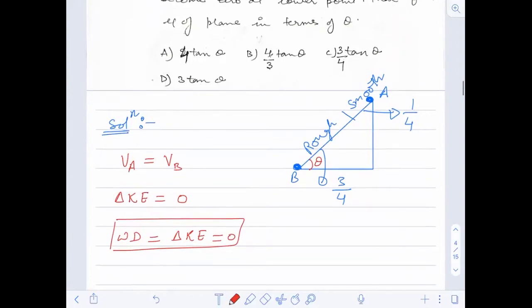Okay. Now, if you see the particle at A, which energy is it having? If you see a particle at A, which energy is it having? Yes, any reply? At A, which kind of energy is this particle having? Okay, I got a few answers. Potential energy. I got two answers, potential energy.